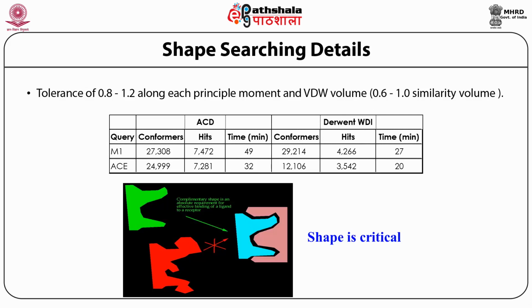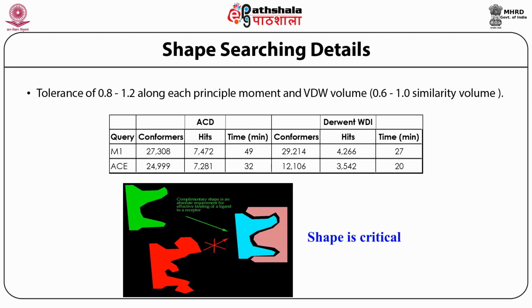If we use the tolerance and do not use the shape, as you see, it's very difficult, as pictorially shown in the bottom, for them to bind to the molecule. So even if you have all the pharmacophore principles satisfied, the shape may make it impossible to hit the molecule when it comes to structure searching.